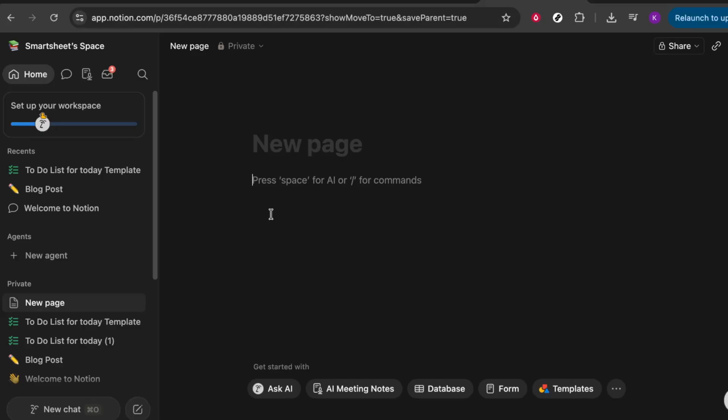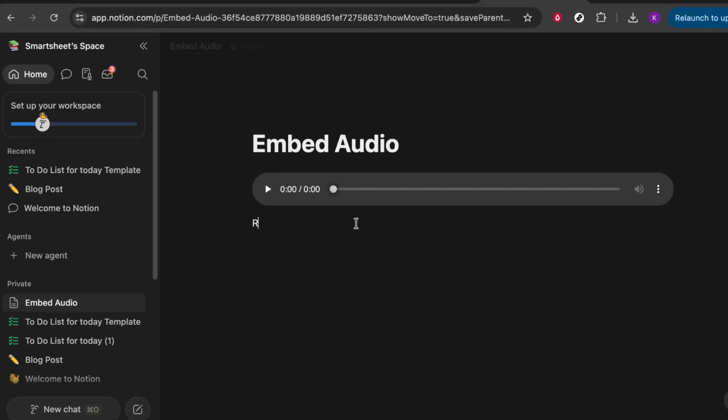Now, to insert an audio block, you'll need to bring up the Notion commands. Typing in the /, that's the # key on your keyboard, followed by the word audio, will prompt Notion to display a selection of options. This / command is a powerful shortcut in Notion, allowing you to quickly access a wide array of features without